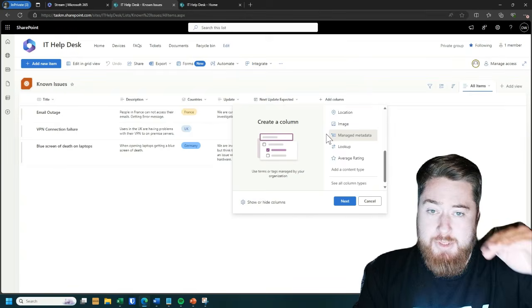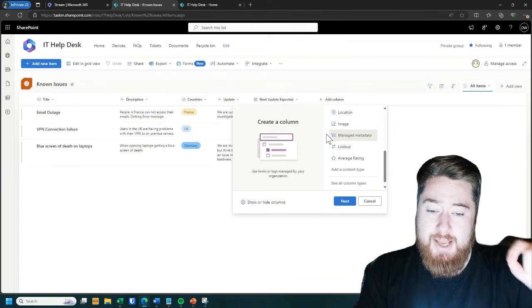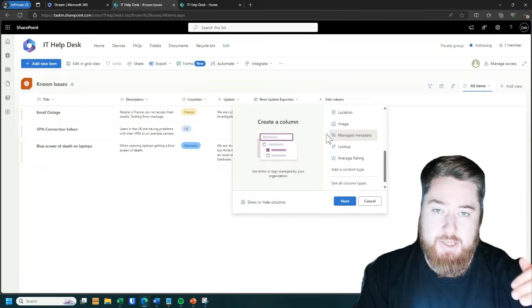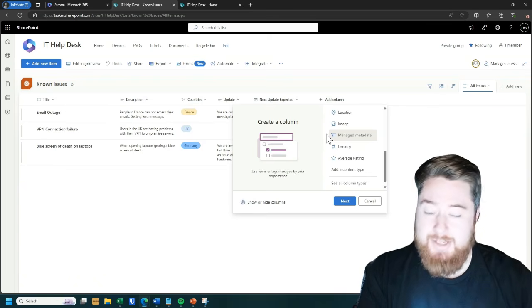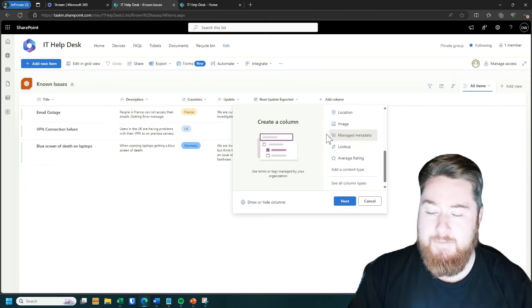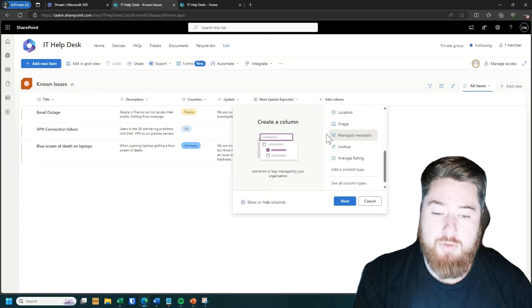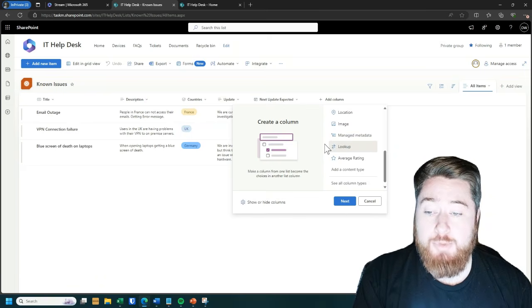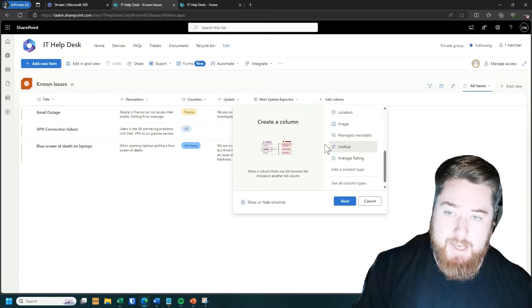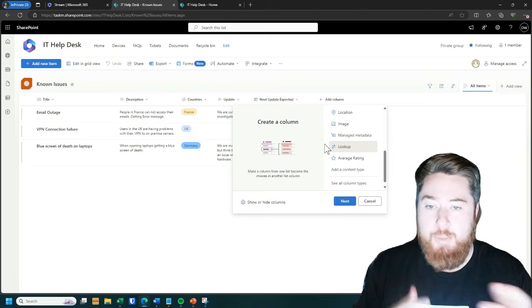Now, all of those things are actually individual tags which are part of a managed metadata structure. So this is obviously for a much more complicated, advanced type of tagging, but it's just worth knowing about. Then we have lookups. So if you have multiple SharePoint lists, let's say, for example, you're building a bit of